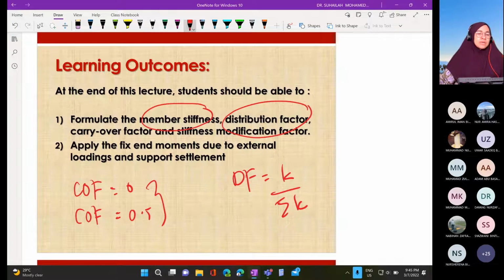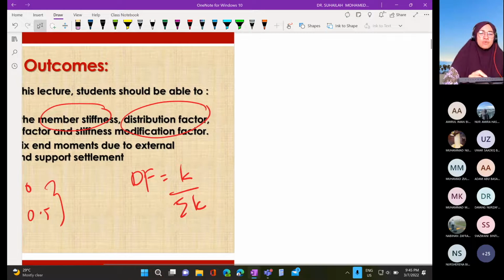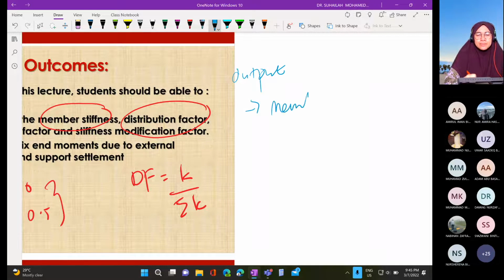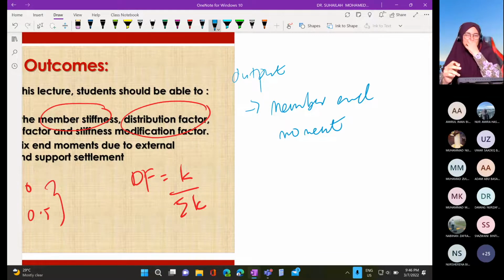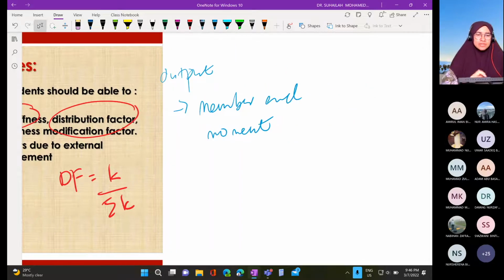Fixed end moment is actually the first member end moment in the table. Our objective, our main output, is the member end moment. So there are terms we need to understand, namely what member end moment actually is. Member end moment refers to,